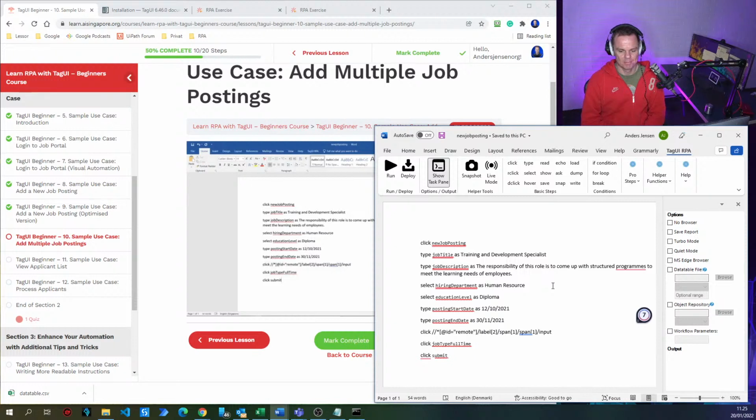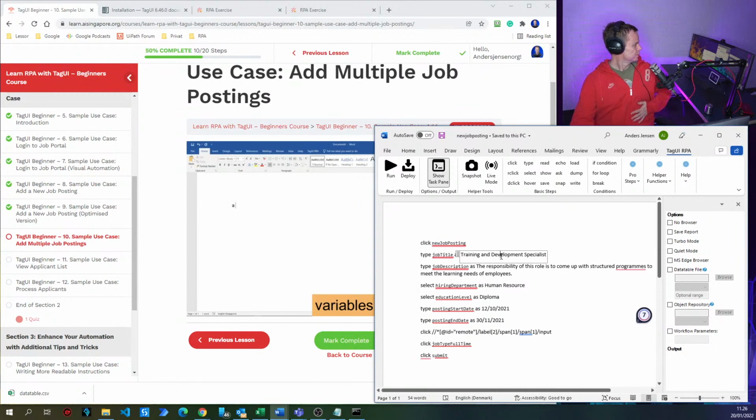Okay, so for this file that you have open over here, the new job posting file, basically what we want to do is replace all those hard-coded strings with what we have in the CSV file. For example, the training and development specialist and the long string of text over there, human resource, everything over there. So we want to make use of whatever we have in the CSV file. In the video, I'm actually explaining how we call